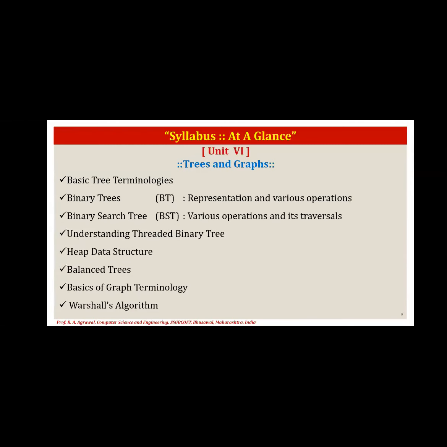And the last one is the dynamic data structure, which is non-linear, that is tree and graph. Again, you have a very basic understanding about what is tree, what is graph. We will discuss all this in detail. Why do we use tree, where do we use tree and where do we use graph. So we'll discuss all these algorithms one by one in unit number 6. It is very easy compared to other techniques. Trees are very easy for implementation. Once you understand the logic, you can definitely code the program also.